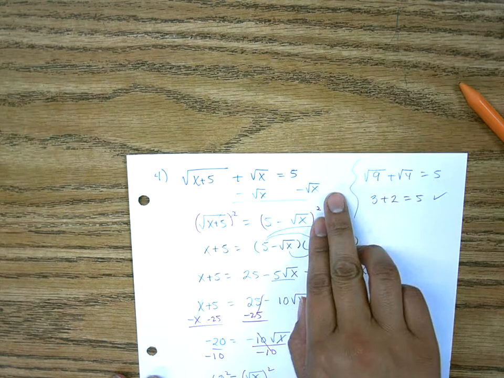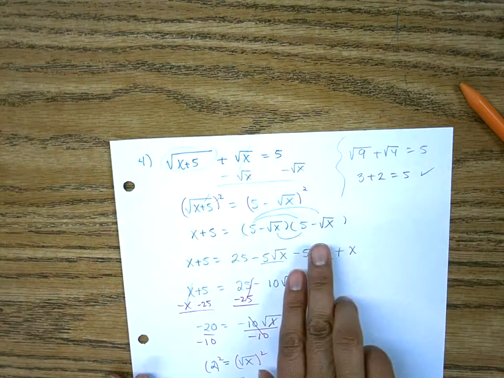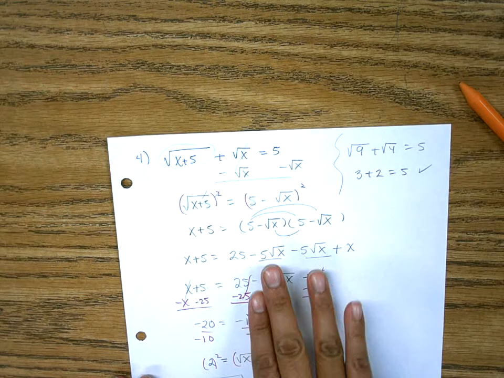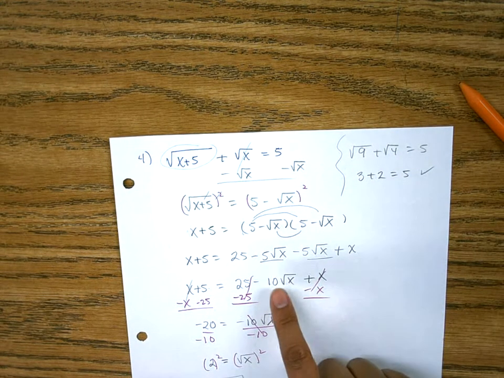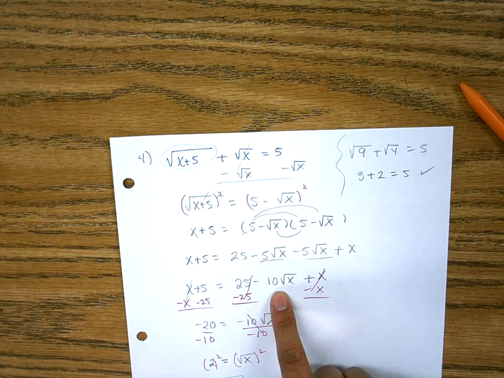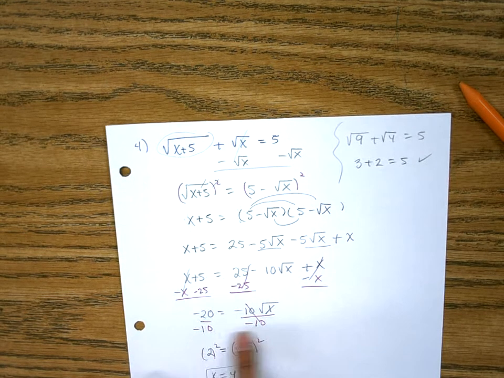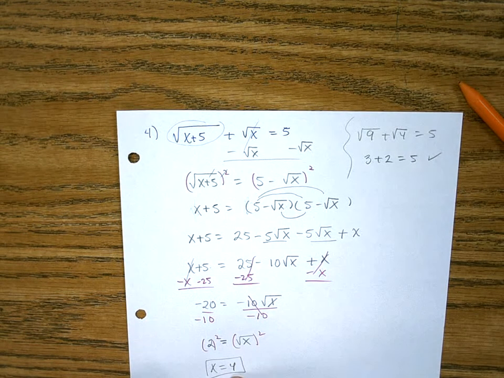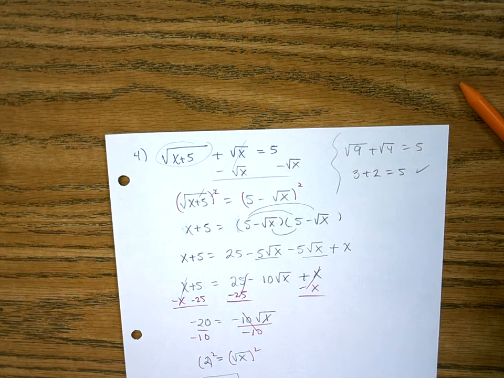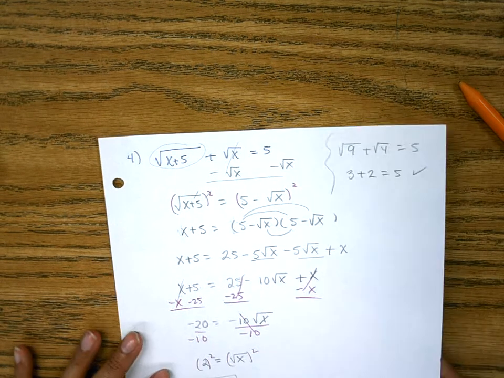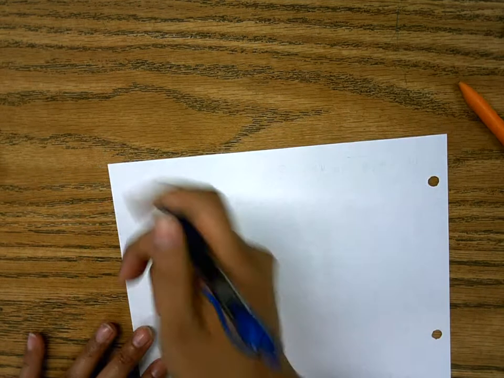So we moved over the smaller one, squared both sides, double distribution, combined like terms, noticed, oh no, there's still a radical, so we now have to go back to step 1 and isolate this, subtract, divide, square both sides, and we end up with 4. And we even checked it, and it indeed worked. Okay, so we're going to move on now to number 5,